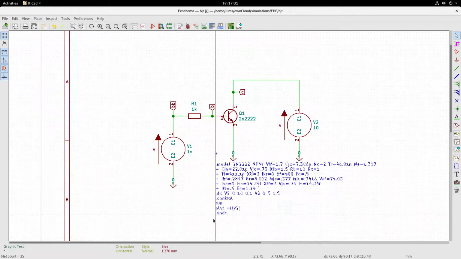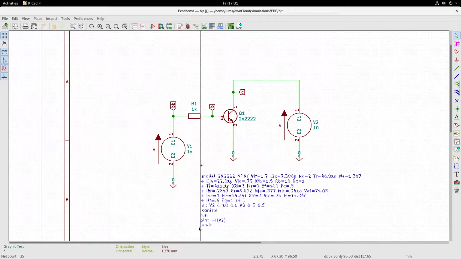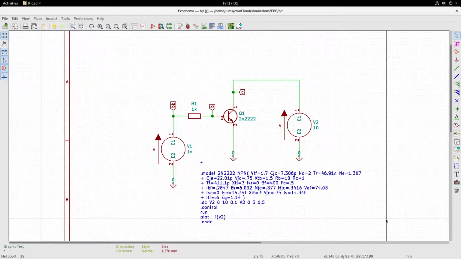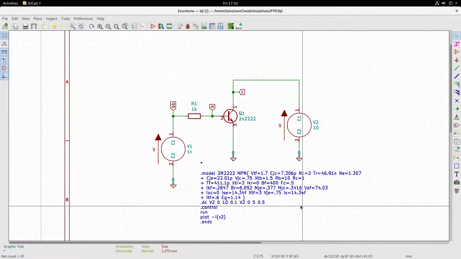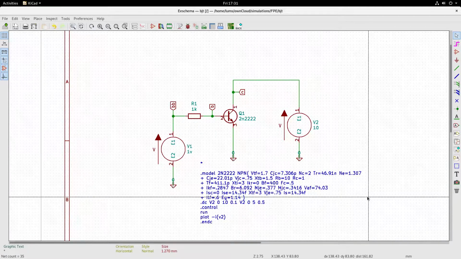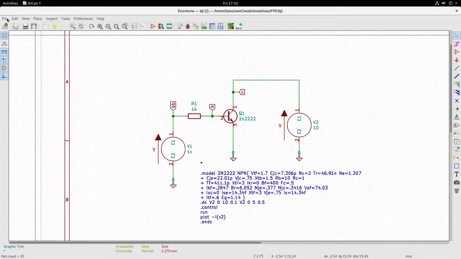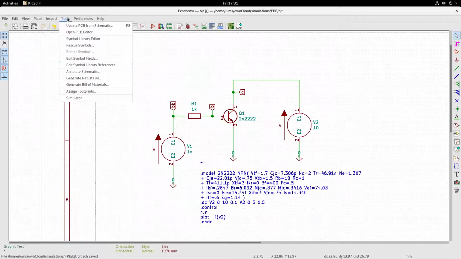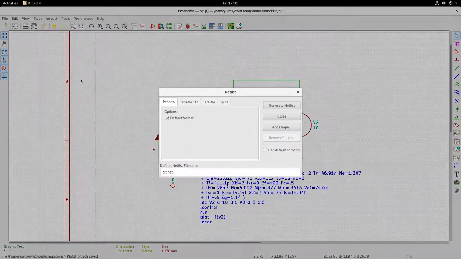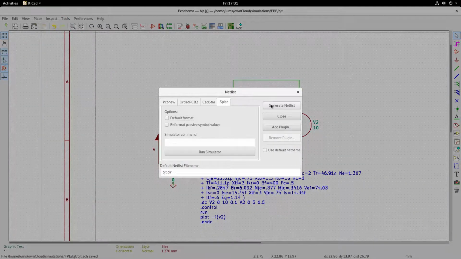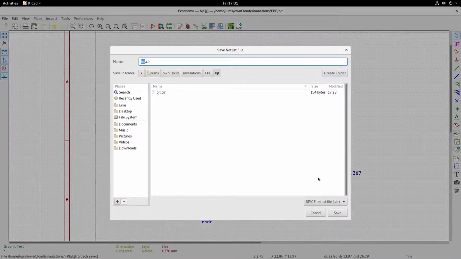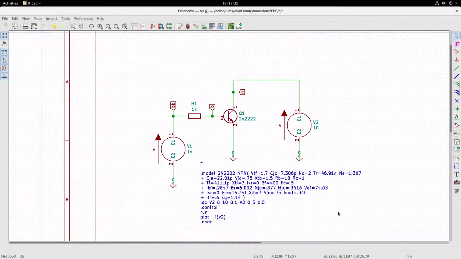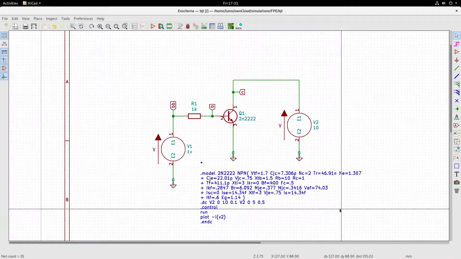Let me move this entire text screen in this fashion. So we also have the model of 2N2222. Let me save this, and I will go to the tools, generate netlist, SPICE, generate netlist into bjt.cir, and that's it. So that is generated.